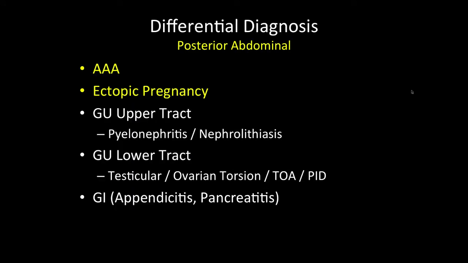And again, within those broad categories, we have the kind of don't miss diagnoses that are most important not to miss at the top, AAA, abdominal aortic aneurysm, and ectopic pregnancy. But the other diagnoses here, as you can see, they can be quite morbid, and you can die of them too. And so we need to sort of systematically think about the GU causes, of which there are quite a few, and then the GI causes.